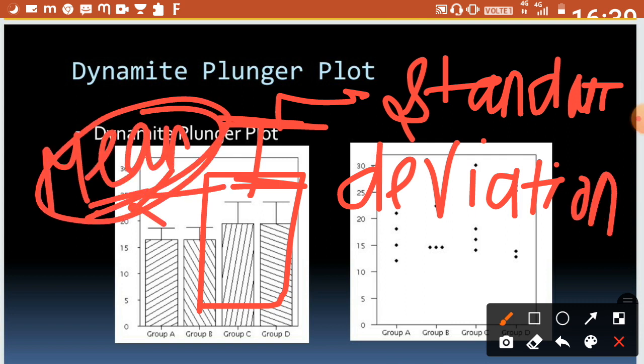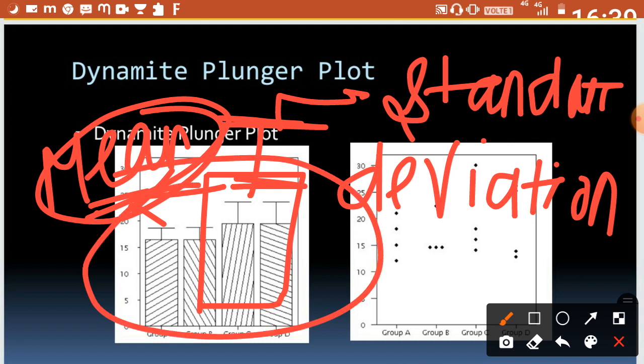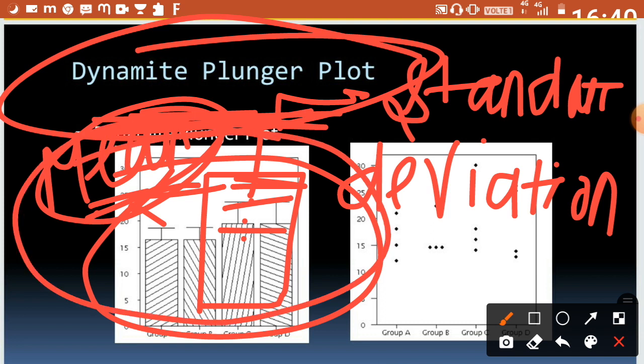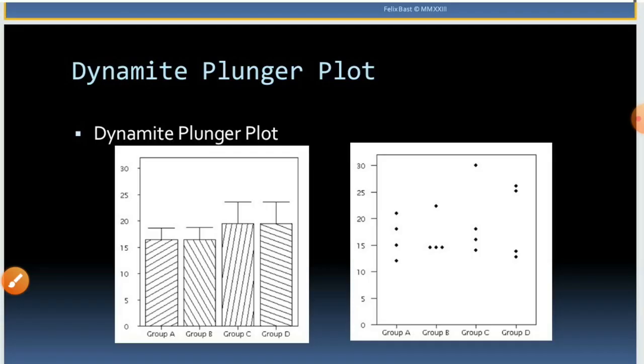Fine, this much information I know about the dynamite plunger plot, and as I have already said, these types of plots are generally plotted in some kind of software. So I am not aware about this plot. What I know is that this is your standard deviation and this is your mean. So you have to plot the mean here and then the standard deviation of that frequency. Fine, and then you get your dynamite plunger plot. More information about the dynamite plunger plot will be explained by our sir. So let's move on. Actually, it's not my fault. Even I googled it, but I didn't get any information.